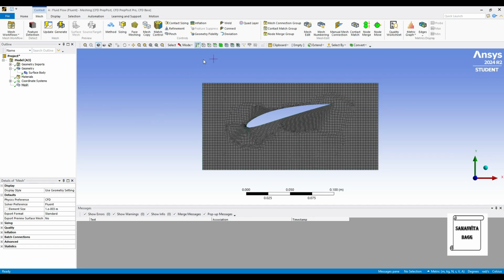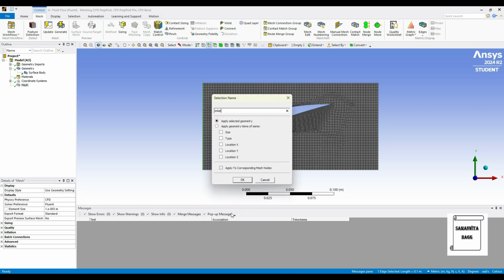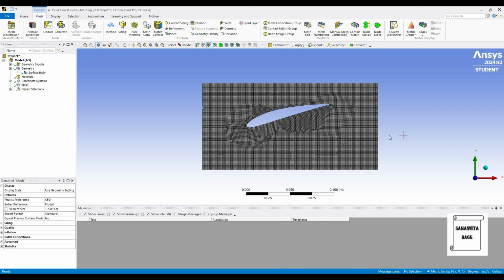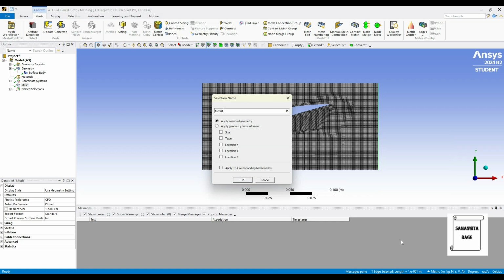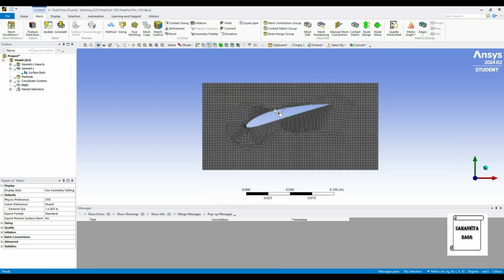So once the meshing is done, we will rename these sides. Right click, create name selection. This is the inlet. This side is the outlet. This is the airfoil.